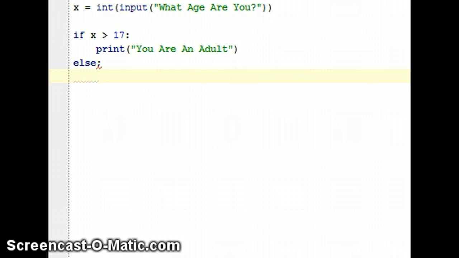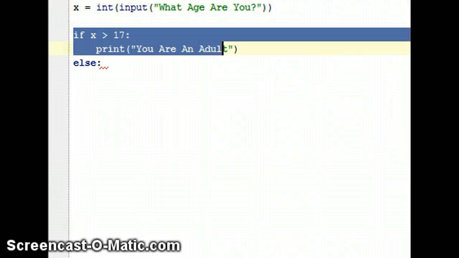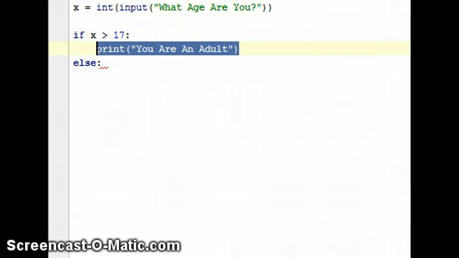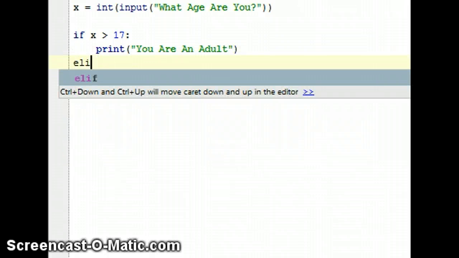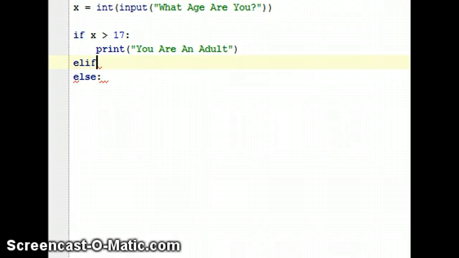An else statement is something that if this if statement is not correct, then do this. But an elif takes control over that else, which means